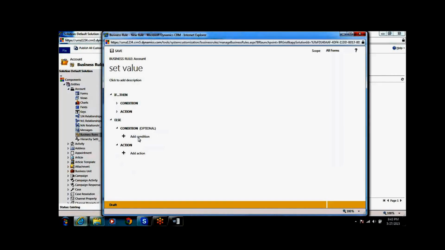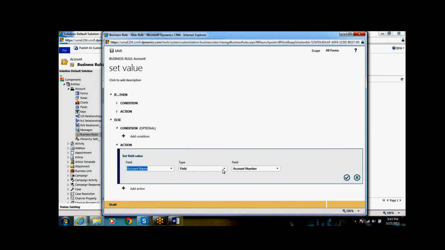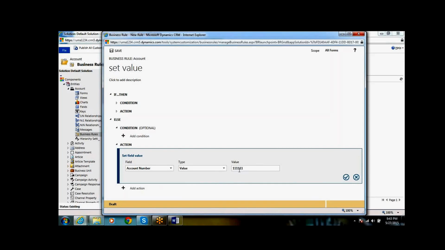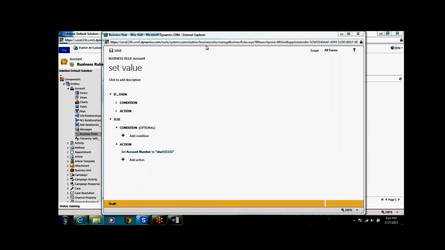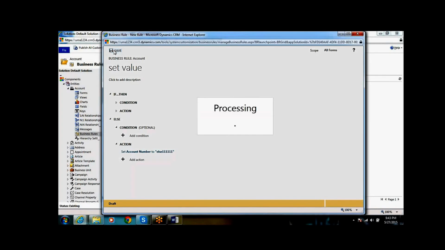In the else, it has to set the value, in the account number field. I'm just giving some value, 111. So this is the business rule creation.